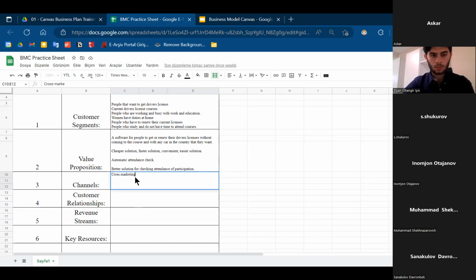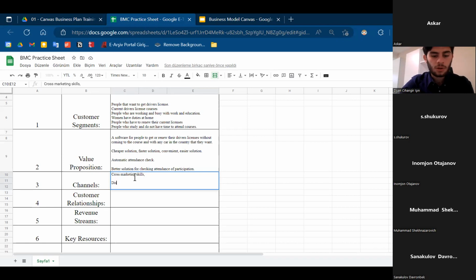So as I mentioned, cross-marketing, we would work with our partners who have already had their courses. But with the help of us, they can attract more people to their courses remotely. If they can organize just 4 or 5 classes in the day with the help of the platform, they can attract more people in their regions, and this would be really cheaper. So cross marketing is the best way for us.